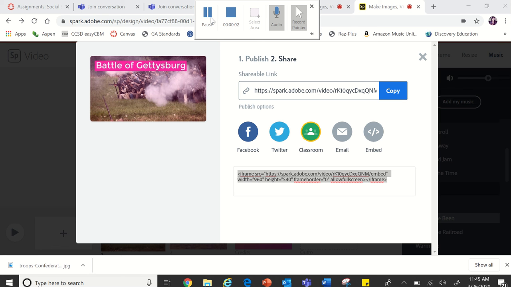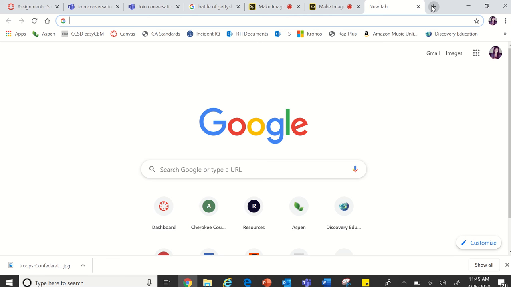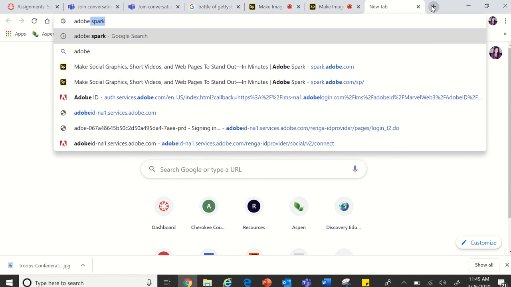Everyone, I'm going to show you how to create a video on Adobe Spark. This is going to be our assignment for Friday. You're going to create an infomercial on a battle of your choice that we've learned about for the past 2 weeks, and you're going to create a Spark video. Okay, so the first thing you need to go to is